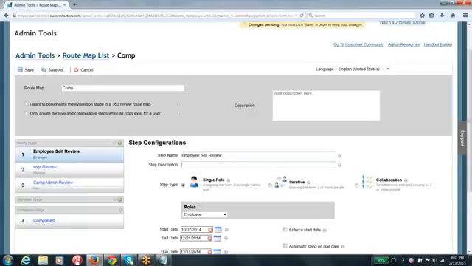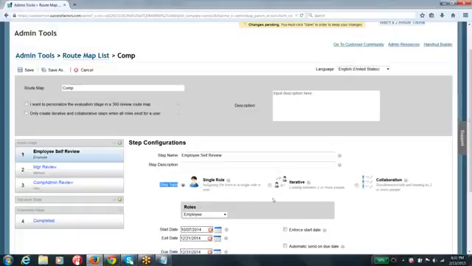The other thing is step type. This is a little bit important. When you launch the performance form to the employee, is only the employee going to work on that particular form, or is a group of people going to work on it? Usually if it is a performance plan template with individual goals, then only a single user is going to work on that form, right? So you have to select the step type as single role.